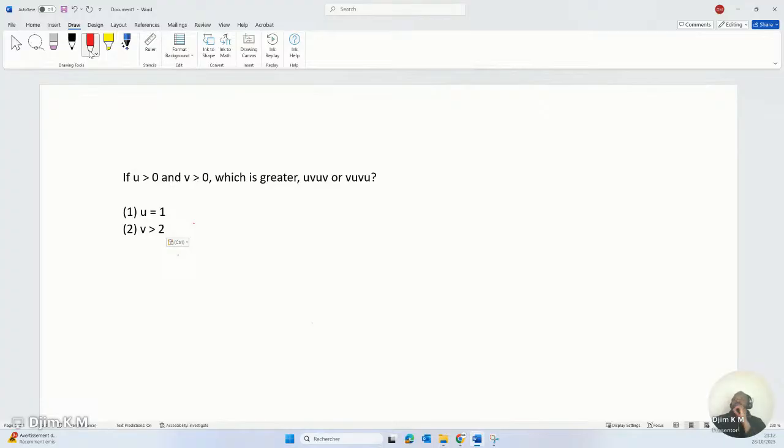Okay. If u is greater than 0 and v greater than 0,